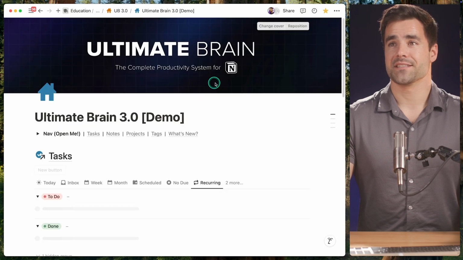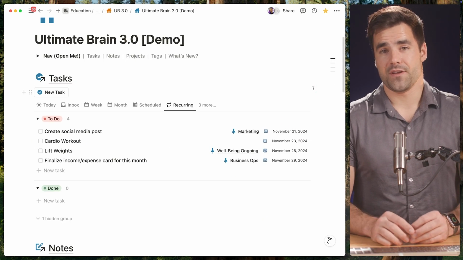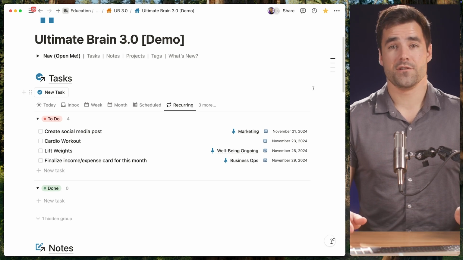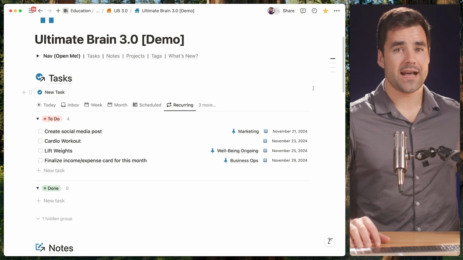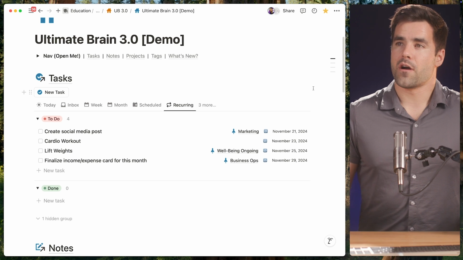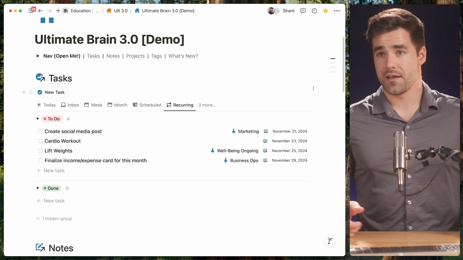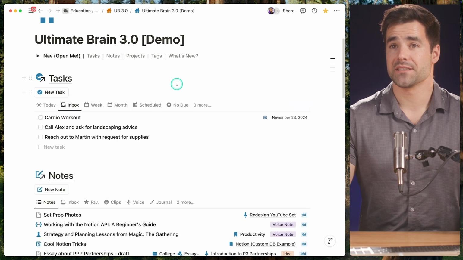From recurring tasks, let's now talk about subtasks. Notion has a native sub-items feature, but Ultimate Brain actually doesn't use it. Now you can turn it on if you want to, you're absolutely welcome to do so, and we're going to have documentation in our subtasks specific section on how to do this in the near future, but there are various technical reasons why we don't use native subtasks. So instead, we have our own subtasks system,